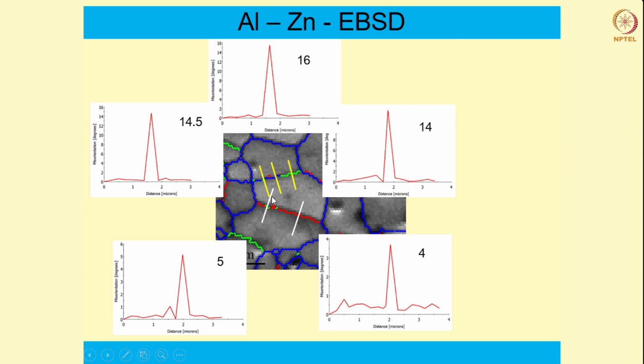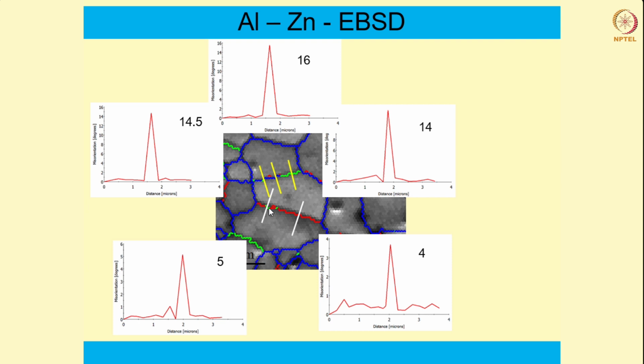One more, this is a mixed region. It is a mix of green and red, that is low angle and subgrain. So you can see this is a little more than this portion where there is no mix at all. So it has increased from 4 to 5. That means it is turning towards low angle boundaries, because here you can see the green color has already come. So this again confirms, this close analysis that we have done with the EBSD data confirms that the